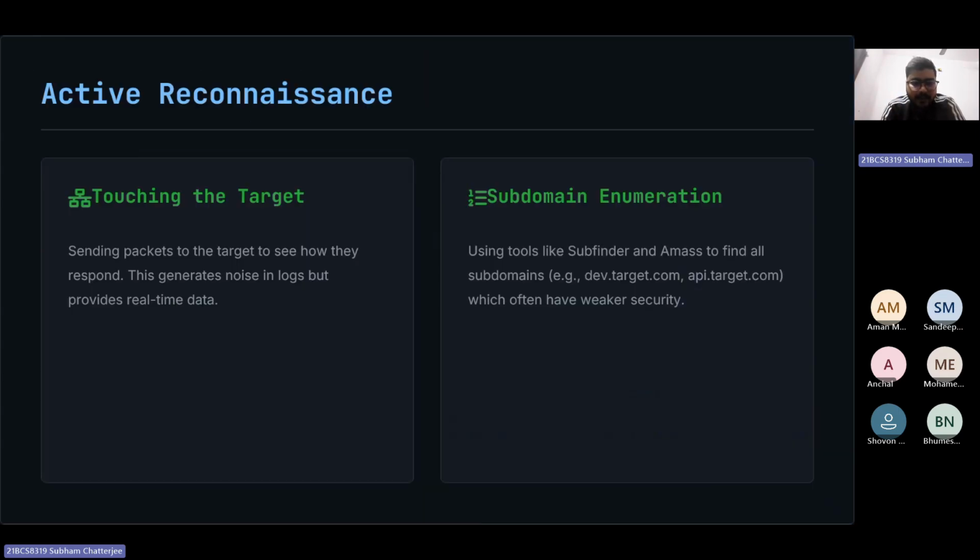Then there are other cases like active subdomain reconnaissance. There are a lot of tools I already mentioned to you. For example, you can do Amass, you can do Assetfinder, you can do Subfinder, to check how many subdomains are there. Then, touching the target, sending packets through the target. Let's create some screenshots for the target. You can check manually one by one what the subdomains are and their screenshots. If it's a 404, how